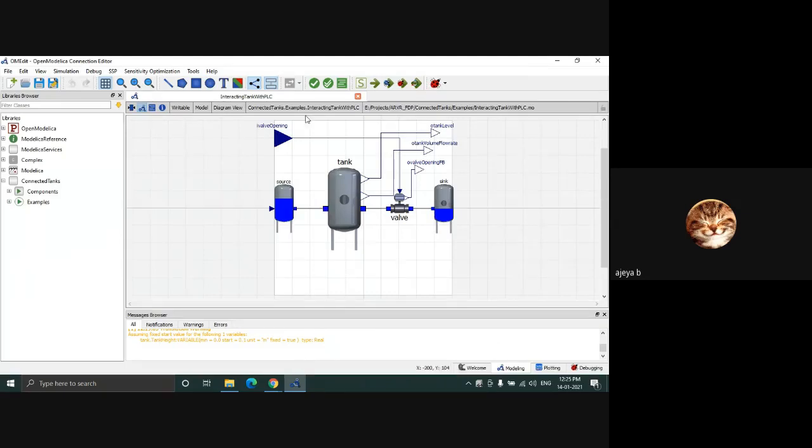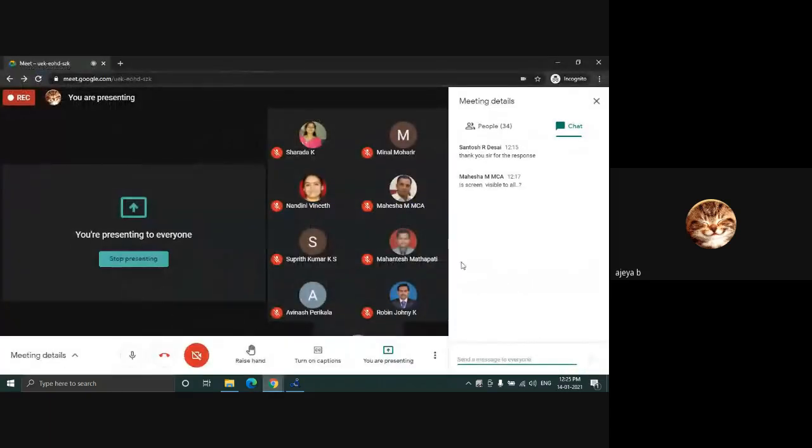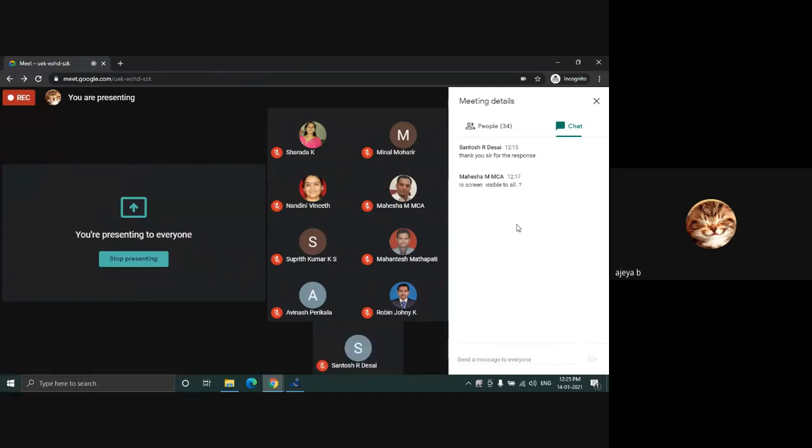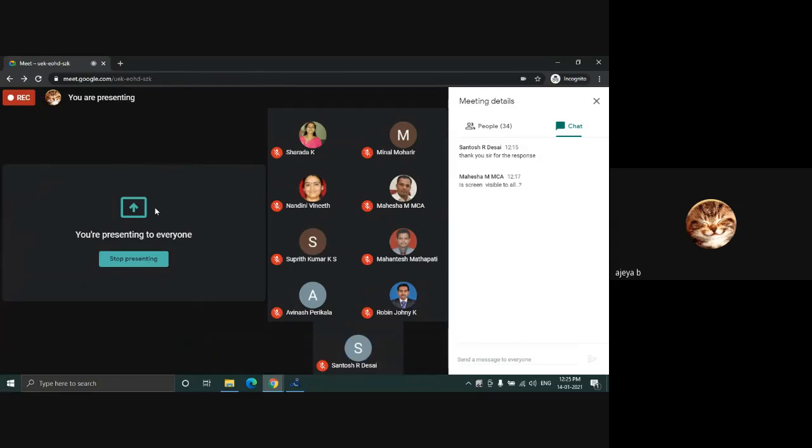Any doubts? Anything to clarify? The basic flow is understood, right? And how we have connected the simulation engine, that is OpenModelica, to the CodeSys PLC, or the soft PLC, where the control logics are written. Right now there's no control logic written, as you saw. There was just data sharing happening.